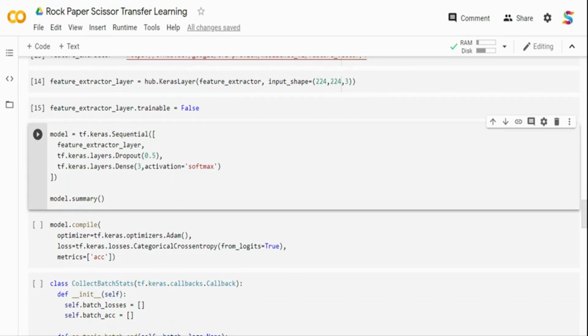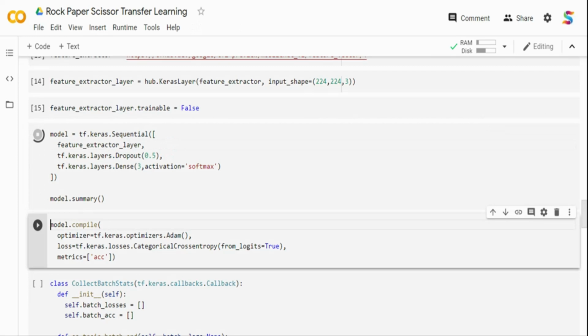So now I've got the feature extractor, and I'm going to define my model. I'm creating a sequential model. I have the feature extractor layer, which is nothing but the MobileNet. And then I have just defined a dropout. Even though MobileNet is a lightweight architecture, it is still large enough for my rock paper scissors data set, so I want to just blindly drop out so that it does not overfit. And then I'm attaching a final dense layer, which is my number of classes, with softmax activation, and I'm printing the summary over here.